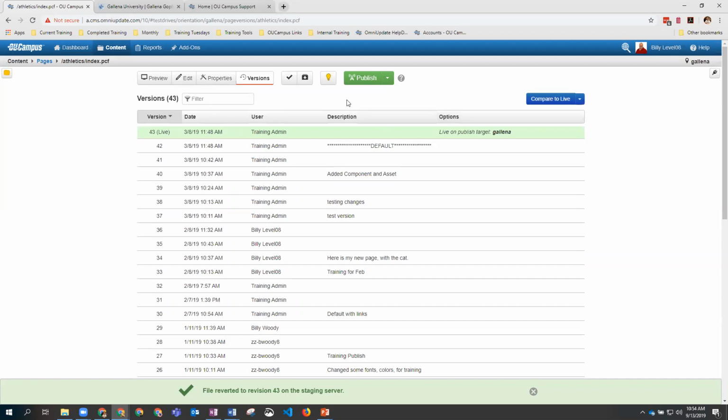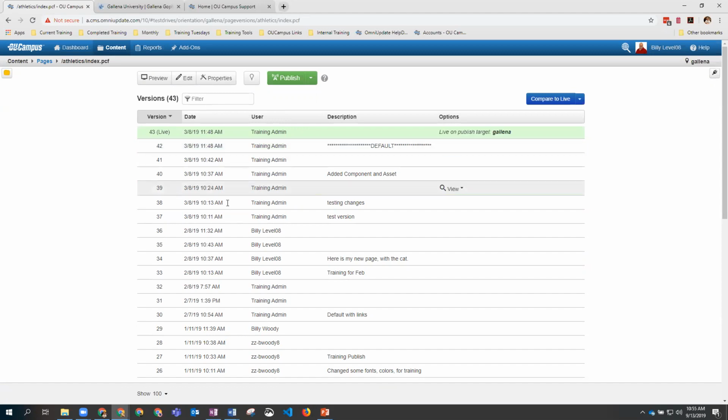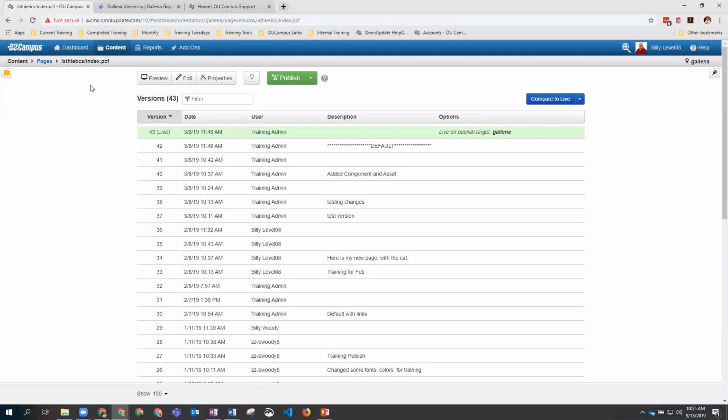And so then it goes back, and then I can check it back in, and then the level 6 user will get the page back with the notes saying that the page has been reverted back, and they go back and finish doing their edits again. So that's how you would either submit a page to be published or submit a page to be approved by somebody else. All right. Okay, so let's go back to